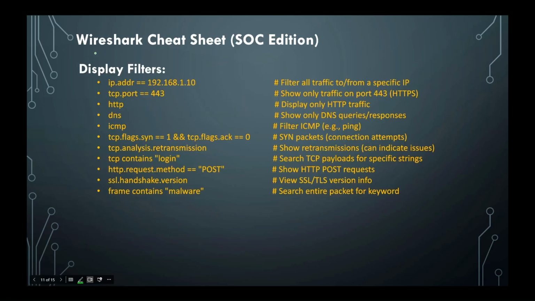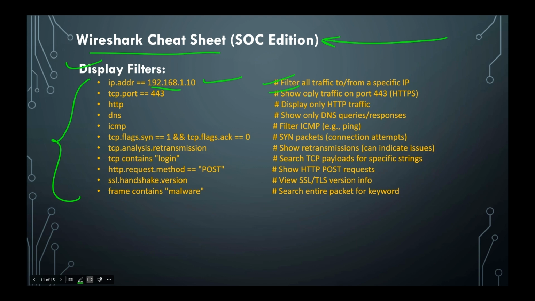All right, so next we have the Wireshark cheat sheet, SOC edition. First we have display filters. Display filters are used to filter the packets that are shown in the packet list, so they help you focus on specific traffic. If you want to filter any specific IP, you can just give